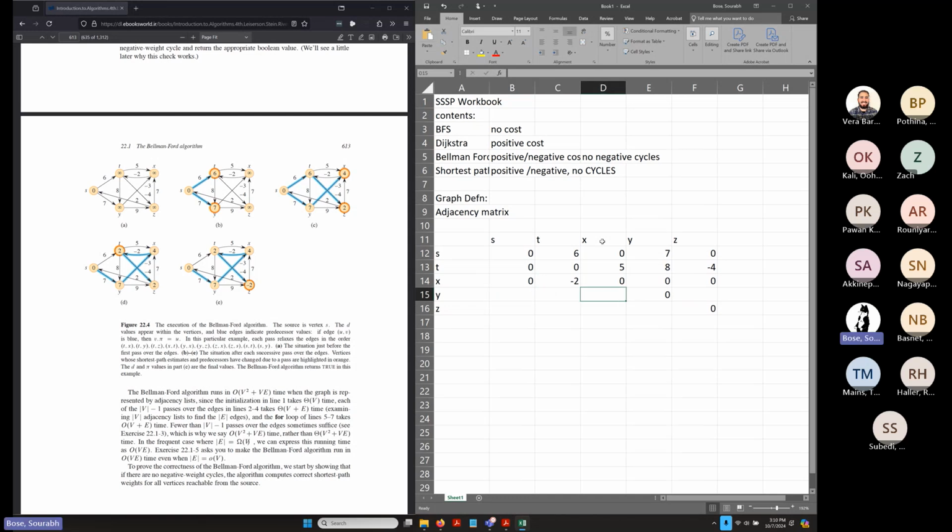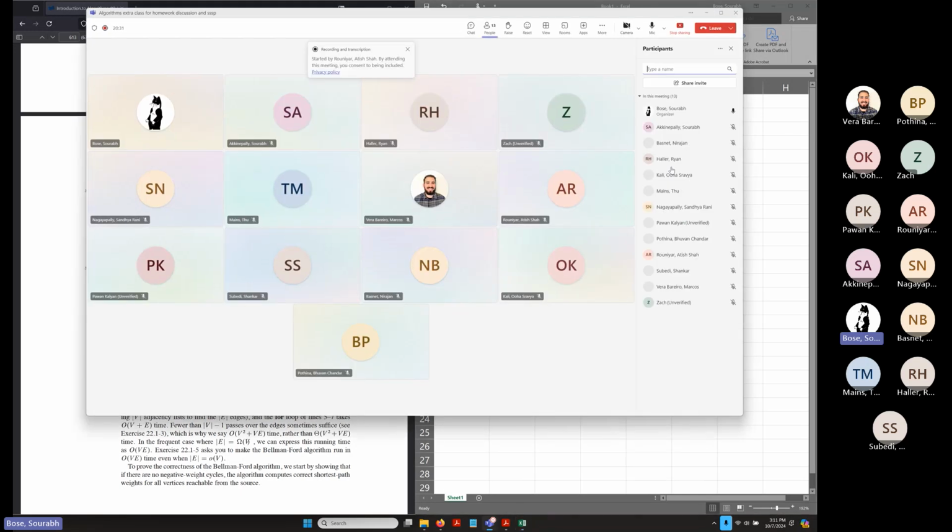So X contains what now? -3, and Z contains 9. Rest, S and T, should be 0 for Y, I think. Awesome. Can you guys, so if you understood how we filled it out, can you guys please in the chat,